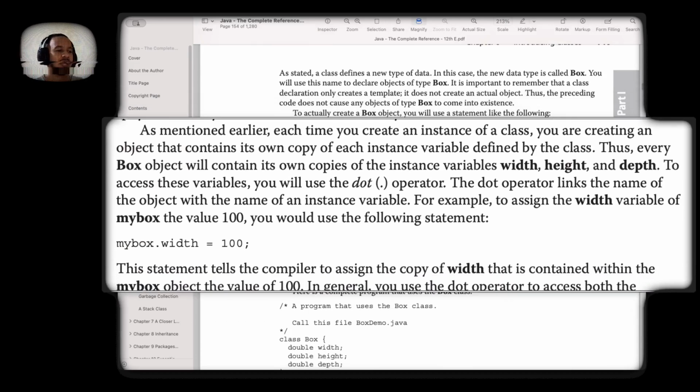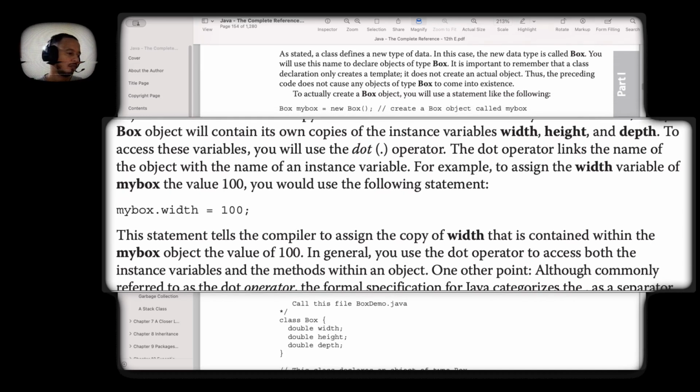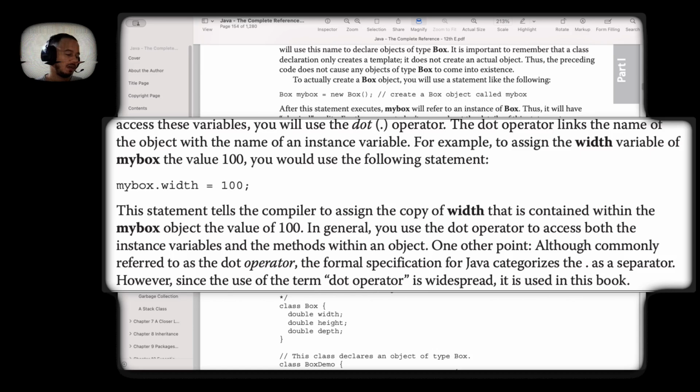As mentioned earlier, each time you create an instance of a class, you're creating an object that contains its own copy of each instance variable defined by the class. Thus, every Box object will contain its own copies of the instance variables width, height, and depth. To access these variables, you will use the dot operator. The dot operator links the name of the object with the name of an instance variable. For example, to assign the width variable of myBox the value 100, you will use the following statement. myBox.width = 100;